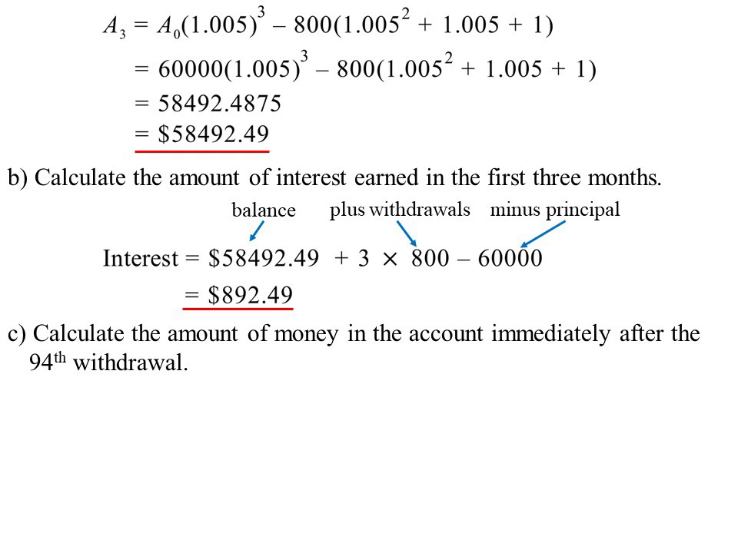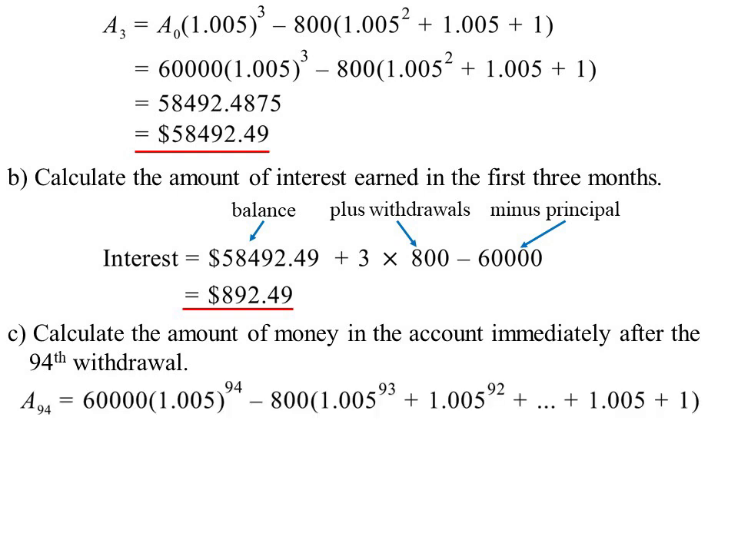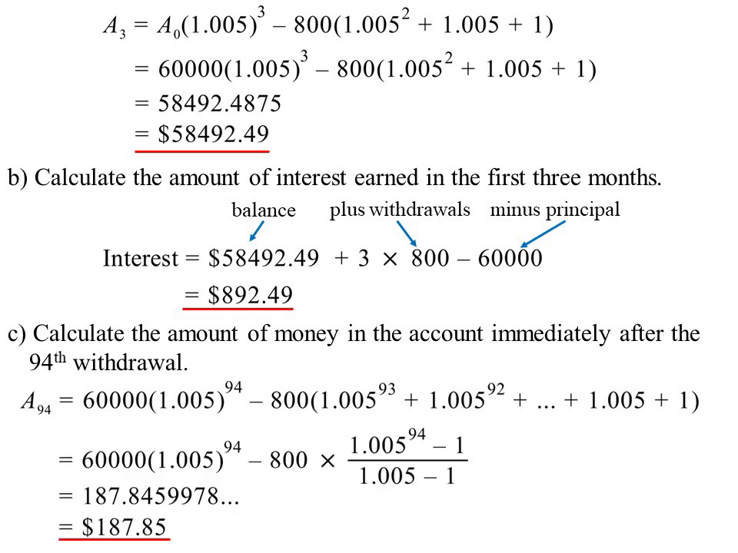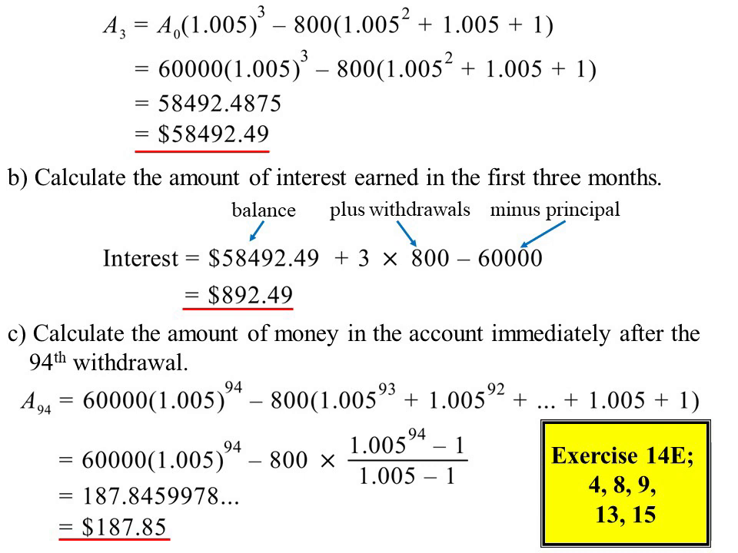How much money's in the account after the 94th withdrawal? Don't know why they picked 94. I mean, anyway. Okay, amount 94. Now I'm going to have to use my formula for this series here, and we get $187.85. Okay, once again, I haven't set a heck of a lot of questions on that one, but